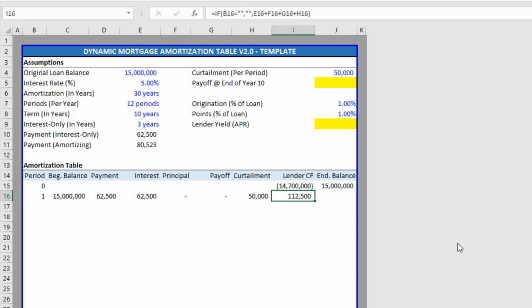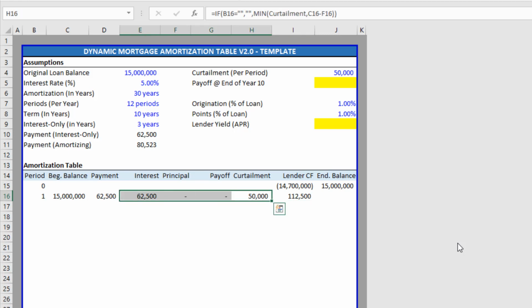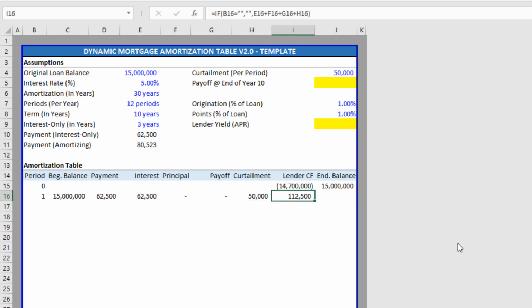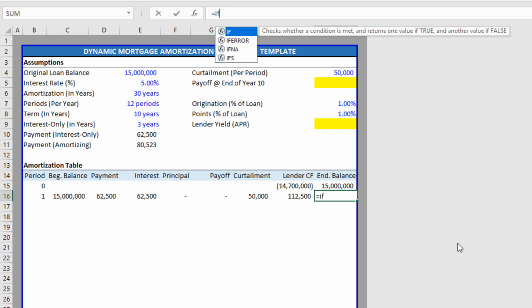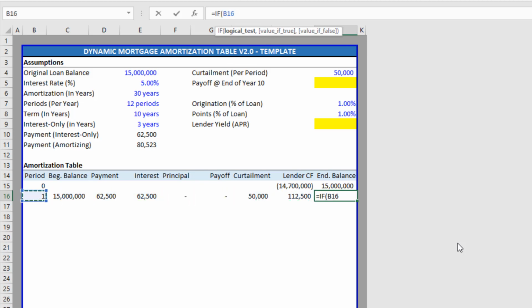So here in this first month, it would be curtailment and interest, $112,500. And then finally, we're almost done here. We enter our ending loan balance. And how is that calculated? Well, we go equals, and first make sure that this shouldn't be blank. Otherwise, what? Well, the ending balance is the beginning balance minus any principal minus any loan payoff minus any curtailment